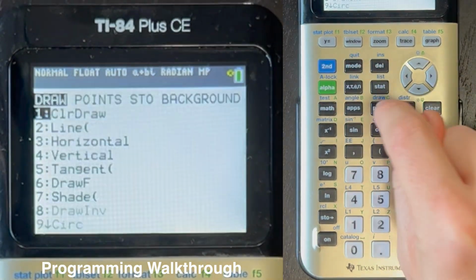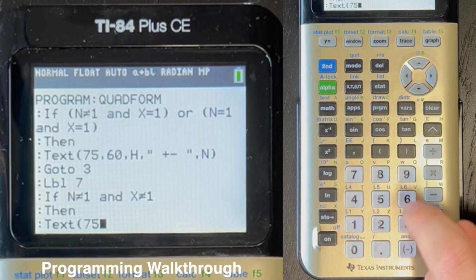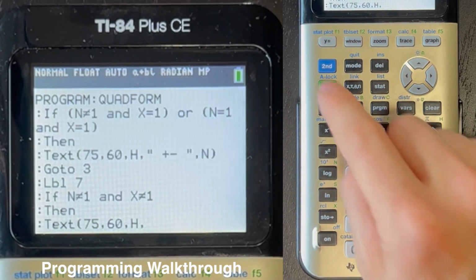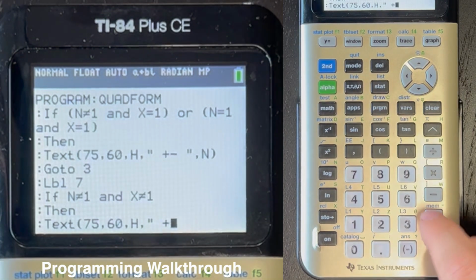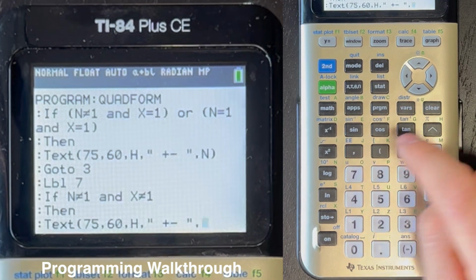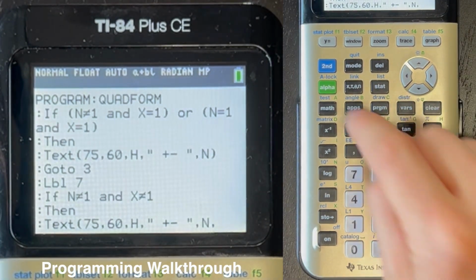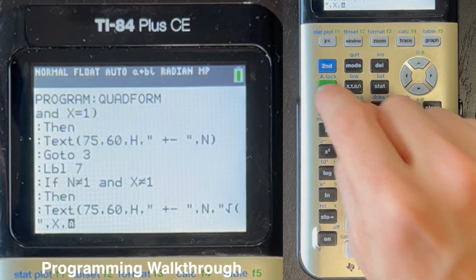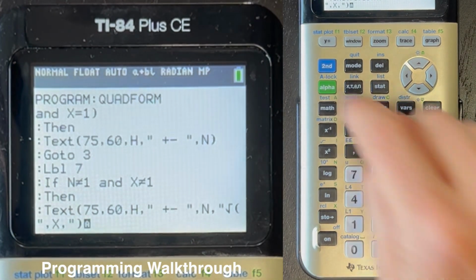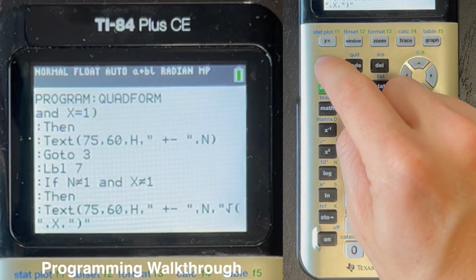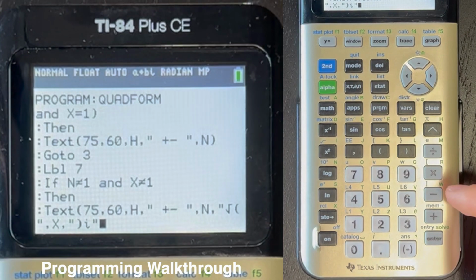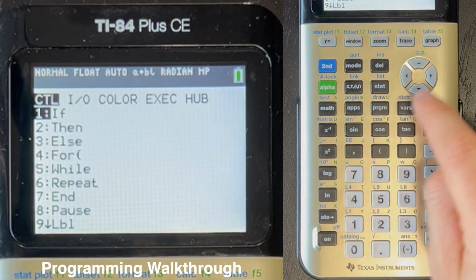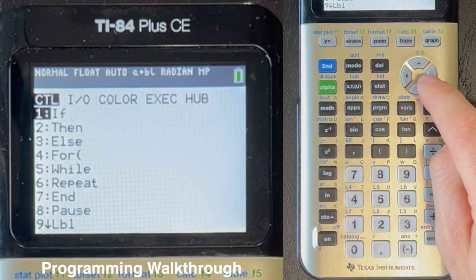Second program, 0 for text, 75, comma 60, comma alpha h, comma quotes, space, plus minus, space, quotes, comma alpha n, comma square root symbol in quotes, comma x, comma, open quotes, close parentheses, close quotes, or sorry, not close quotes, the I symbol, then close quotes, enter program, 0 for go to, 3, enter program, else, enter program, if